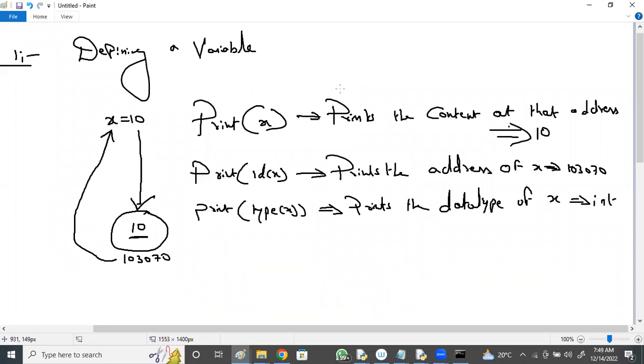Type of x prints the data type of x. What type? Integer type. These three things you need to understand: printing the content, printing the address, and printing the type of x.